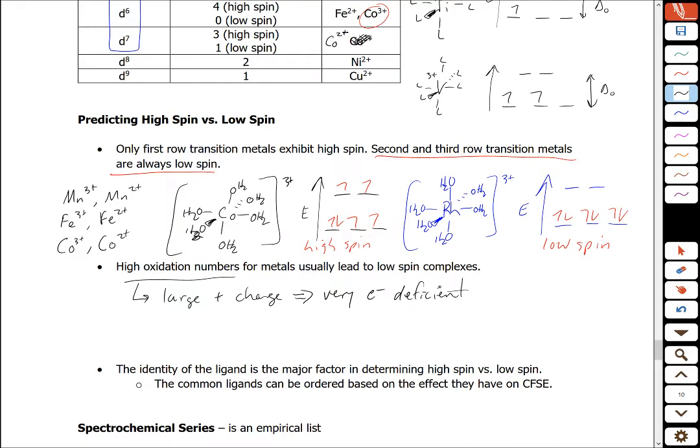So they're going to have a very strong attraction to the ligands. If the metals are very electron deficient, they're very strongly attracted to the ligands, which means the ligands are pulled close to the metal,